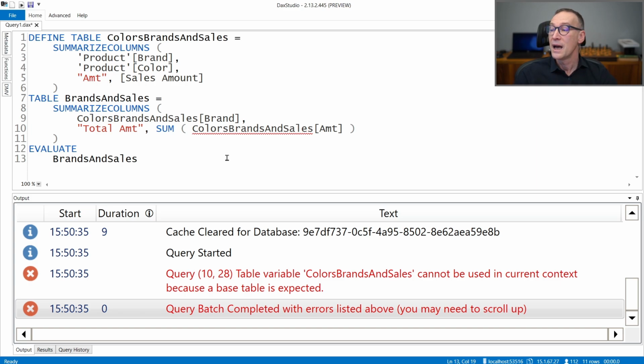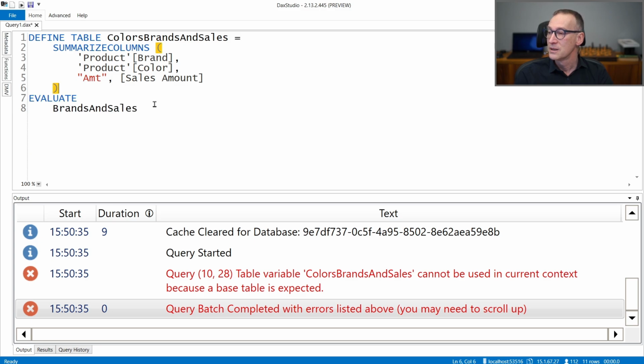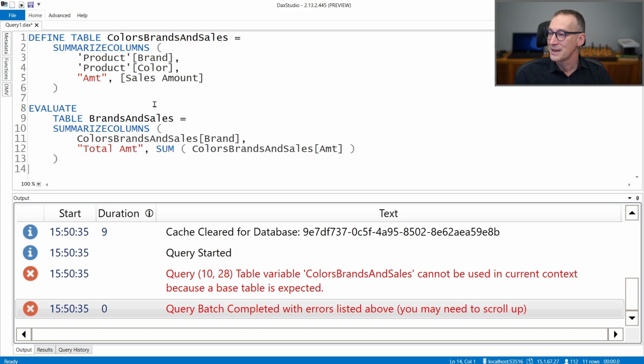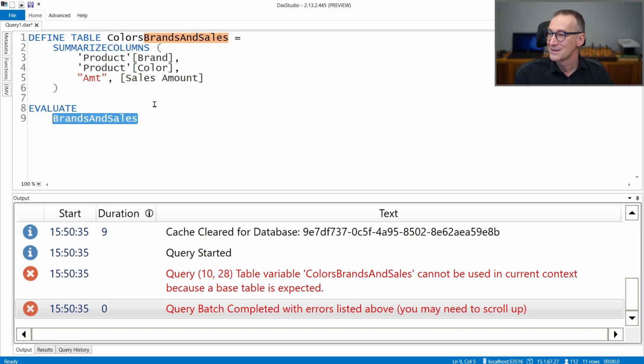There is also another limitation. You cannot define columns on these tables. If you try to, let's copy this.